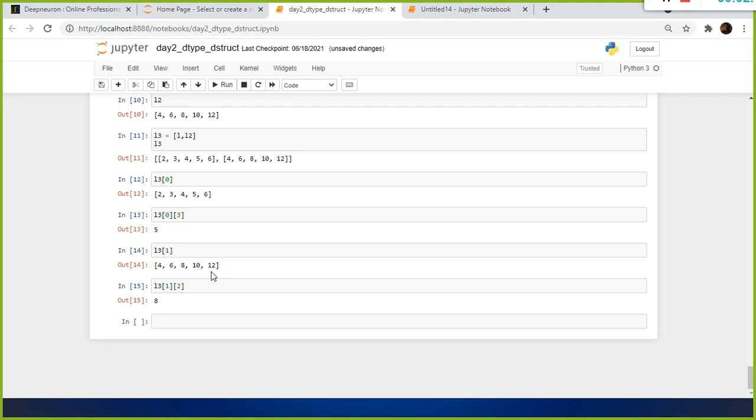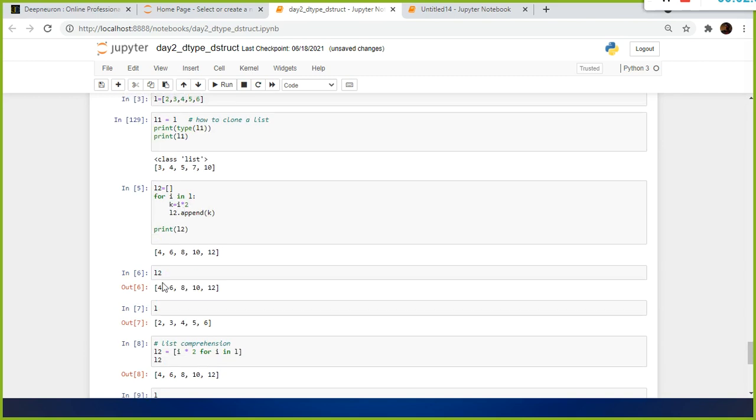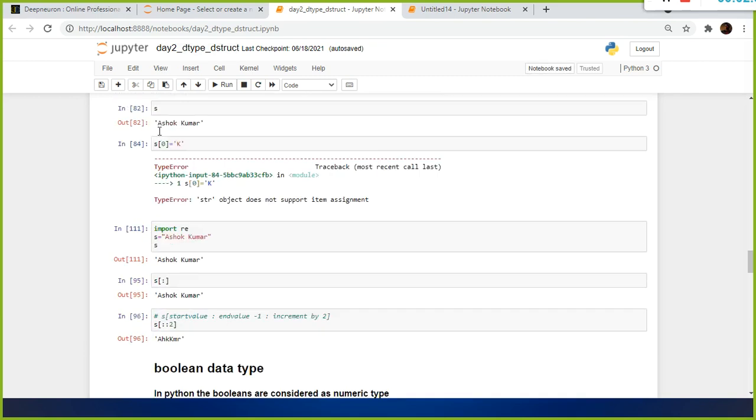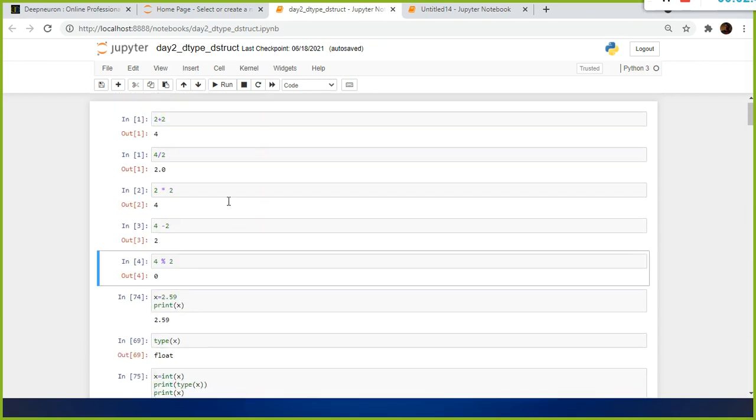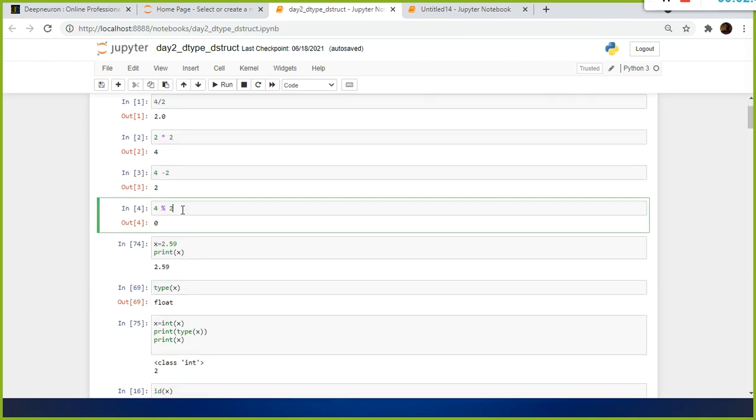So this is the modulo operator. We call it modulo, right? In Python, the percentage sign is modulo. This is the modulo operator. Here the first number is divided by the second, and what we get is the returned value. I think something is wrong with my keyboard, it is scrolling down automatically. So the 0 is the remainder, right? That is what it returns.